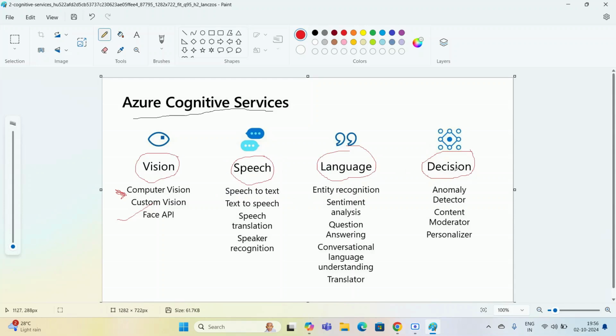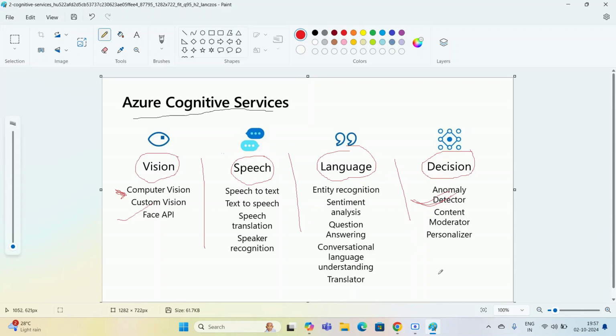And decision means anomaly detector, like fraud detection, whether credit card or debit card fraud is happening, or any spam call or spam attempt on the debit card or credit card. That service comes under decision services. Those are the services provided by Microsoft Azure. Each and every service is provided.